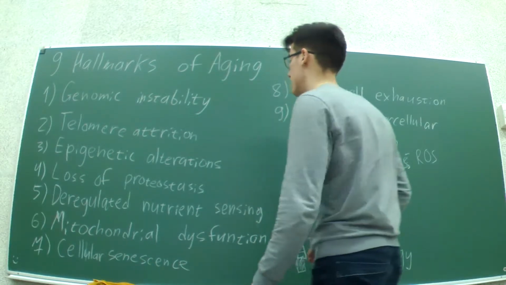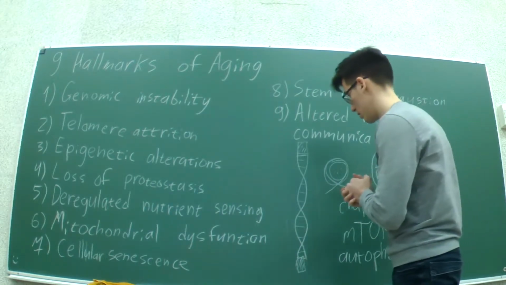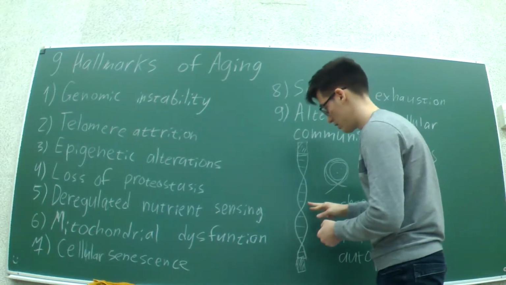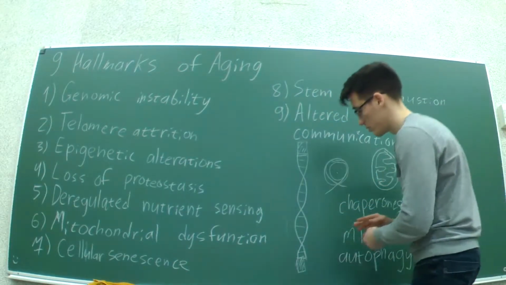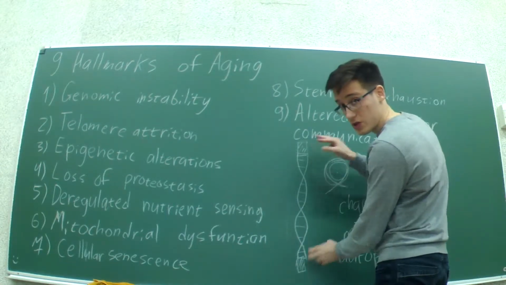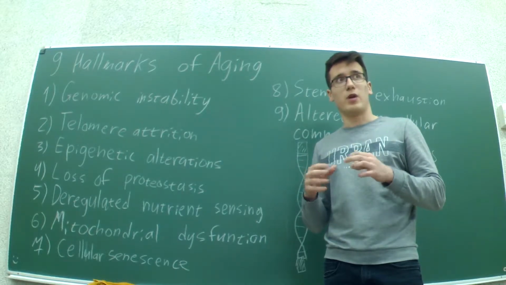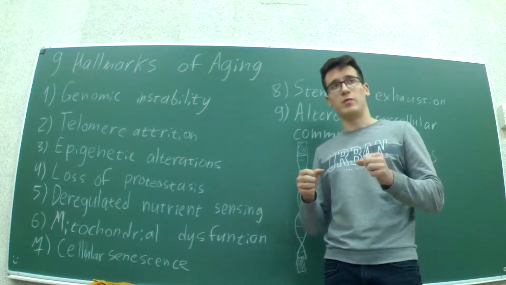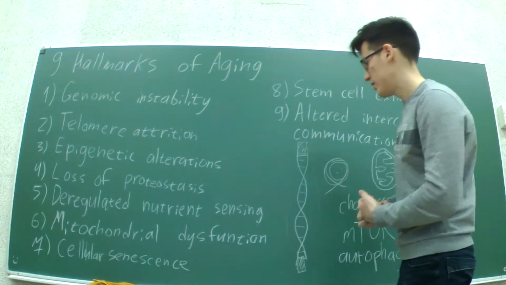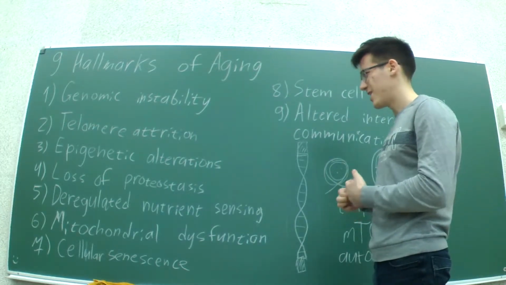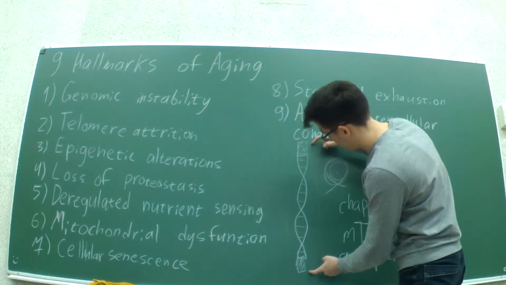And the second point is telomere attrition. Well, our DNA is actually composed of double-stranded helical DNA molecules, and at the end of those molecules, there are small parts called telomeres. Now I'm going to tell you about their function. Well, when our cells divide, or before the actual division of cells, our DNA must be replicated. And during the DNA replication, it actually becomes a little bit shortened from its ends, right?